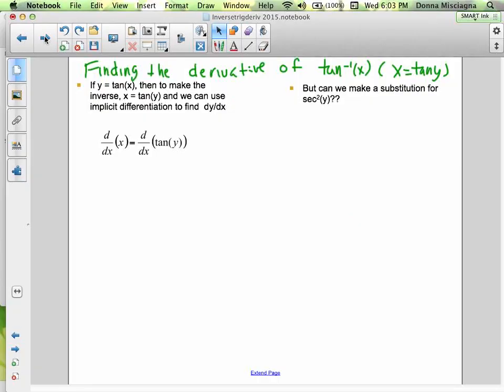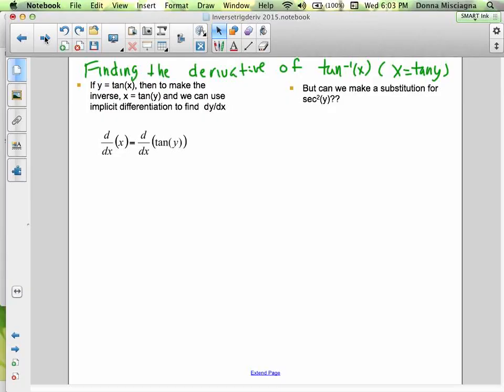Let's find the derivative of arctan. So we know arctan is the inverse of tangent. But we could also just switch x and y, and we would have the inverse of tangent. So if y equals tangent x, then to make the inverse, x equals tangent y. And that's much better than using arctan, because right now we don't know the derivative of arctan,